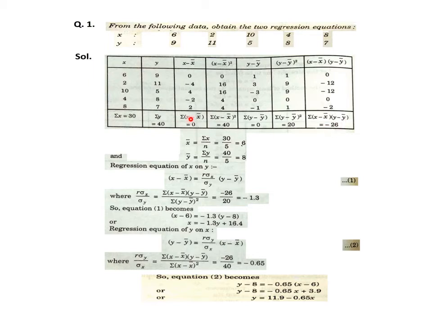And sigma x minus x bar, sigma y minus y bar, these sums are 0. Otherwise we have all these sums. Now